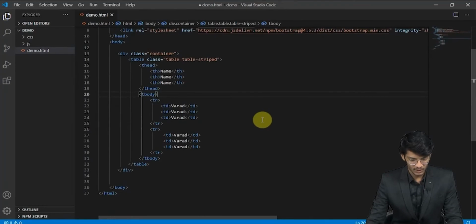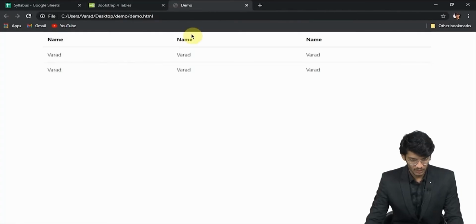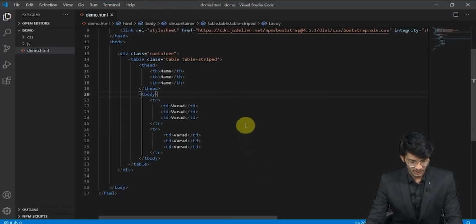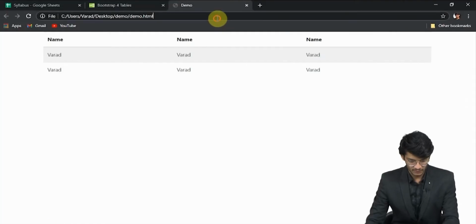You can use any one of them. Now let's see the output. Okay, you will not be able to see the difference, so we will add some more rows to get a closer look. Now I have added this, we'll refresh.